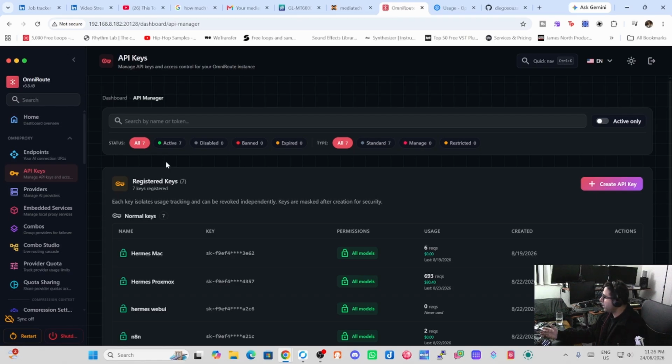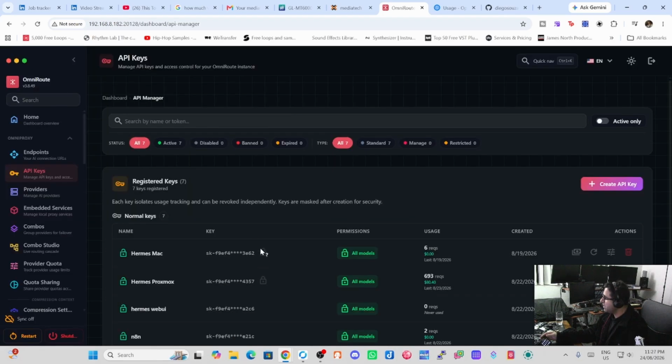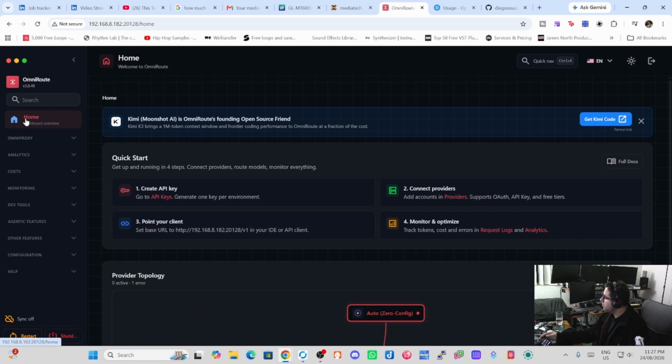Now, once you click on API keys, you create an API key, and you can give the API key a name. Once you create the API key, you'll automatically get a key. Now, once you've created the key, copy it, go back to home,